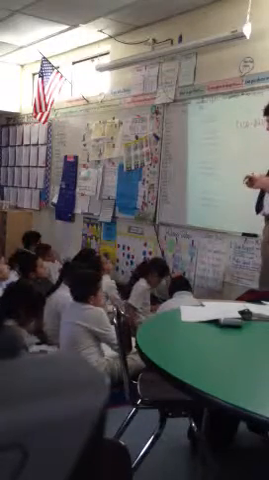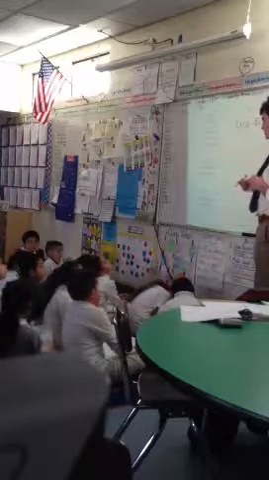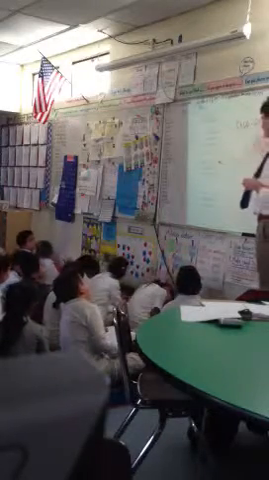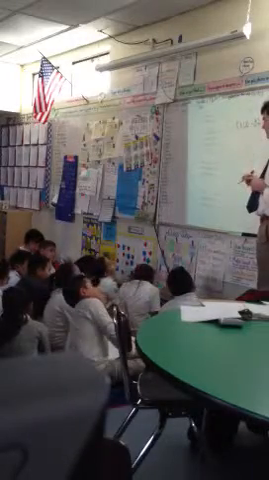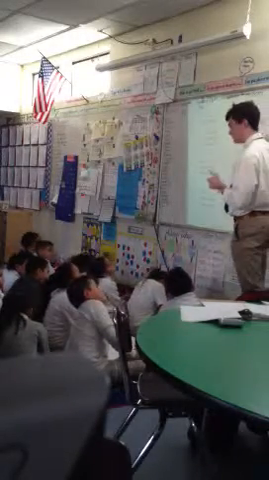Carla. A jump of 5. A jump of 5 cents. Evan, what jump would I make to get to 50 cents? Jump of 5. Jump of 5 cents. Okay? So then, once I get to 50 cents,